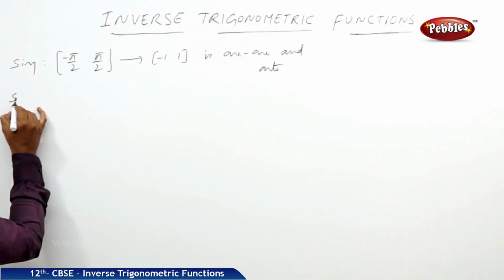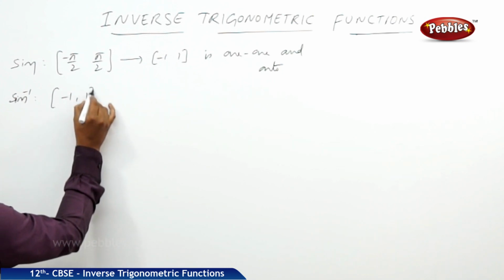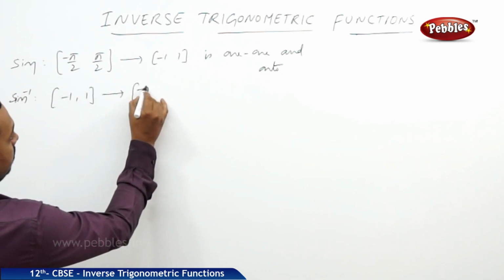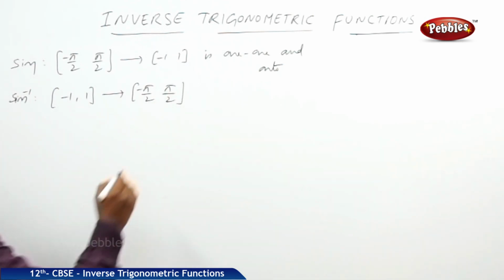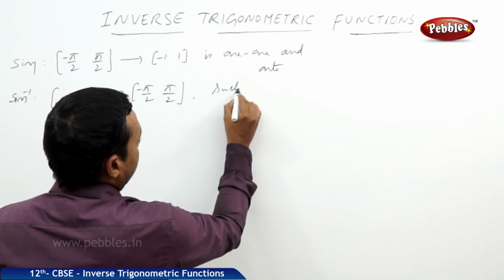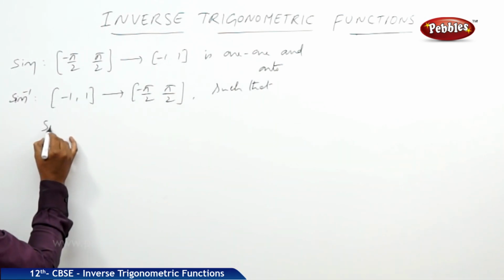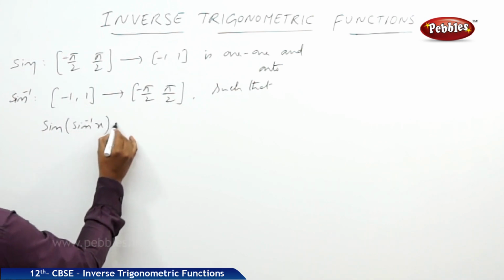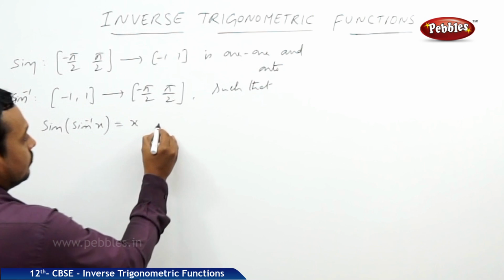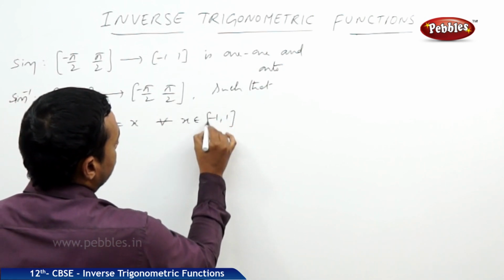Therefore, the function sine inverse defined from minus 1 to 1 to minus pi by 2, pi by 2 is also onto, such that sine of sine inverse x is equal to x for all x belongs to minus 1 to 1